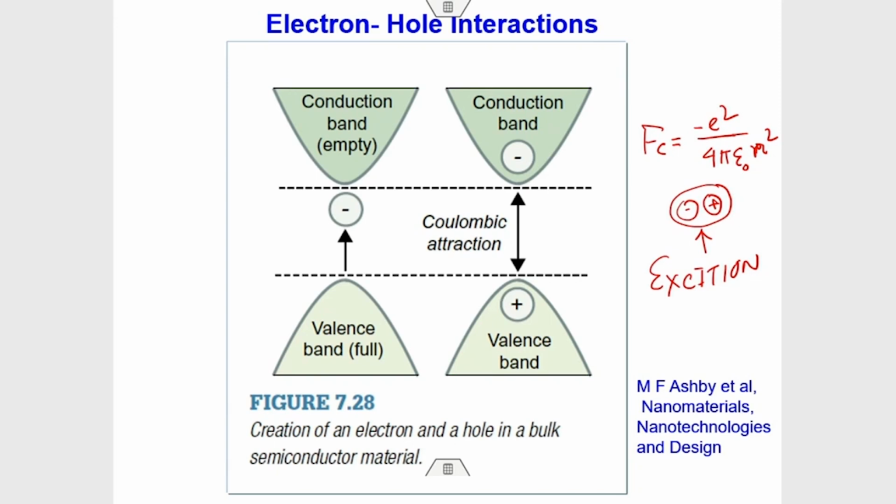Now, this electrostatic interaction between the hole and the electron can reduce the energy required for the exciton formation. That is what causes this effect: even if you have a photon energy which is below the band gap energy, this phenomenon can still happen. The electron can move into the conduction band. The electron can get excited even if you put in an energy which is less than the band gap energy of the material. So the electrostatic interaction will reduce the energy required for the